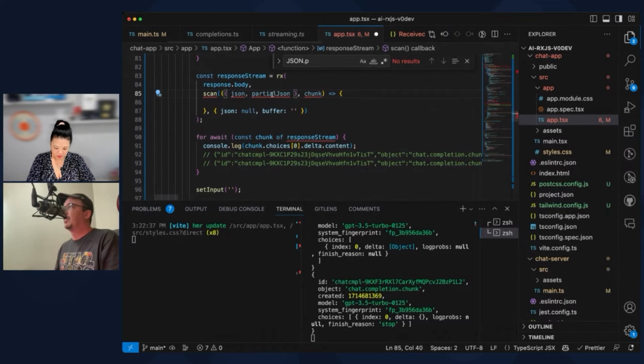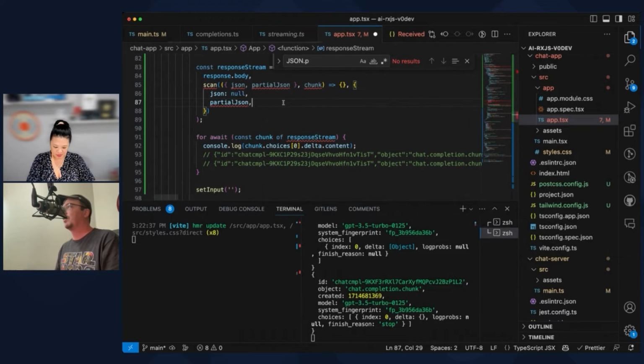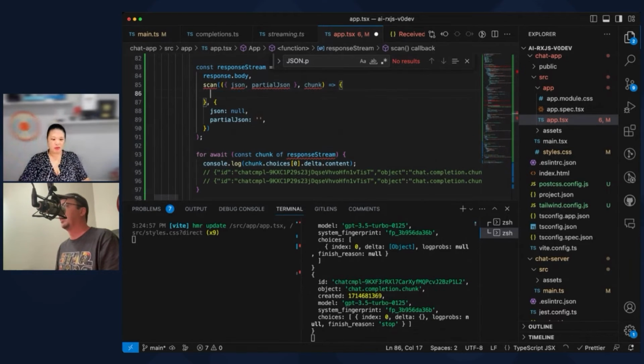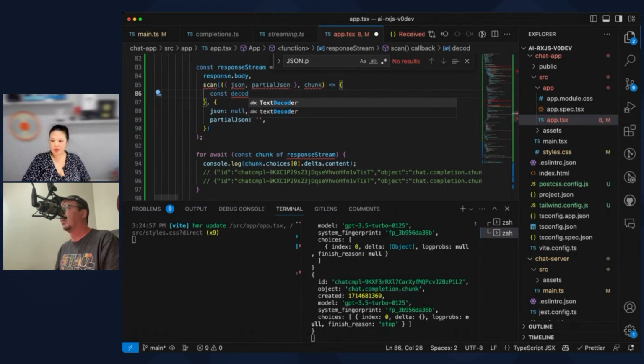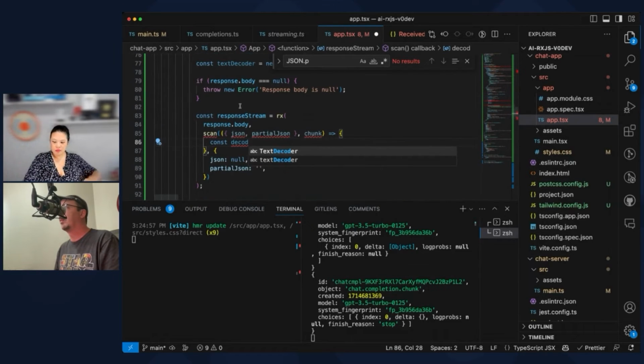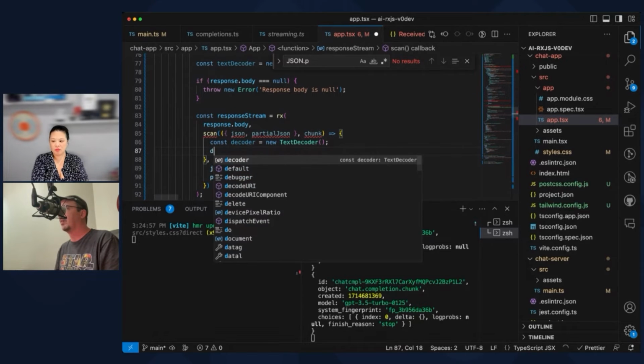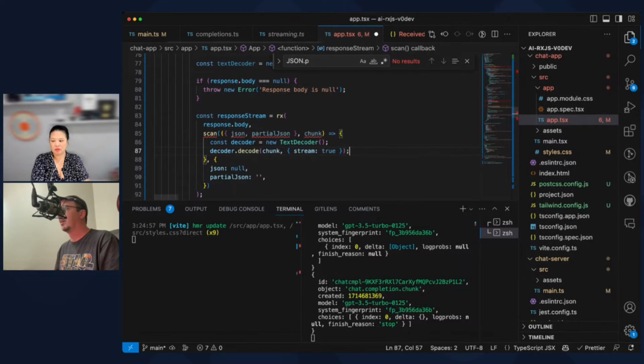So I need to build up the JSON to make sure that it's actually parsable as JSON. I'm going to just try this for now to see if it works. I'm going to say decoder. I do already have a decoder. Doesn't matter. Decoder is new TextDecoder, decoder.decode chunk. I don't care about streaming, it's weird.